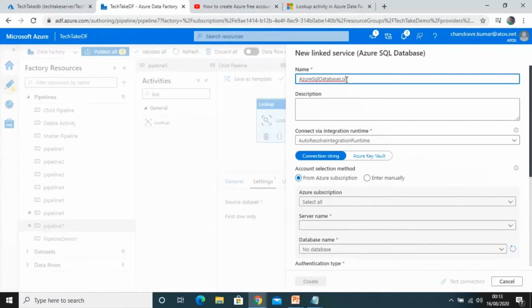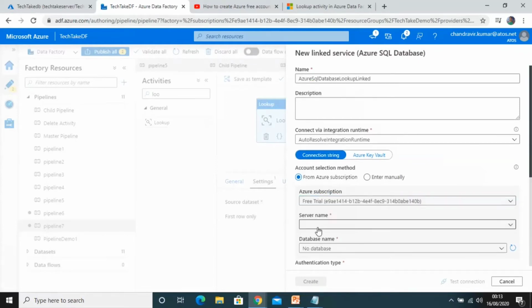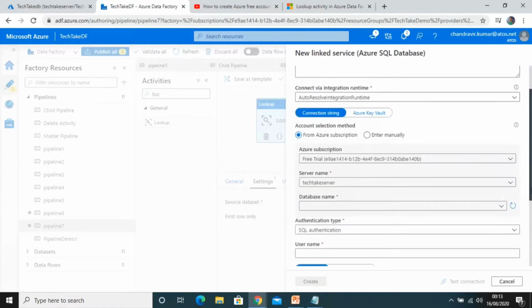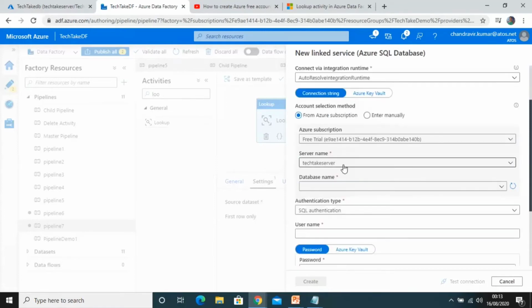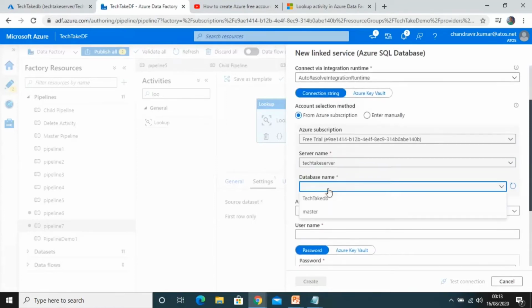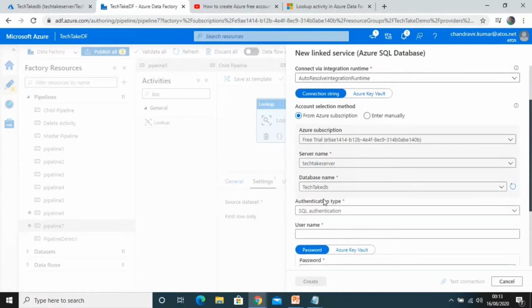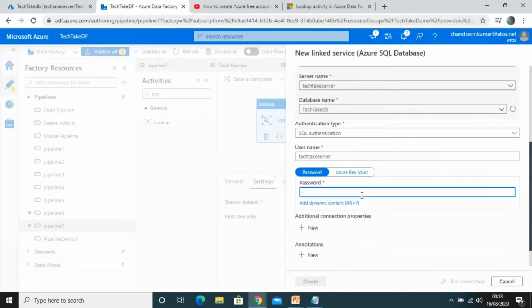Put some name if you want to. The name should be understandable by seeing it. Server name, this is my server name, the database name, and username and password. This way it will connect to that server, the Azure SQL database.